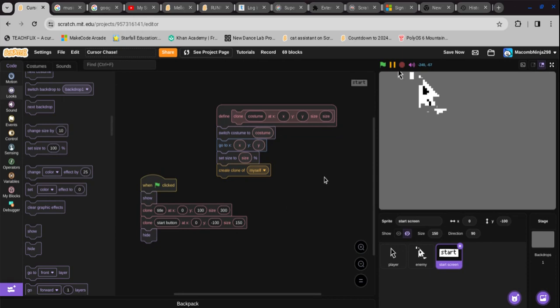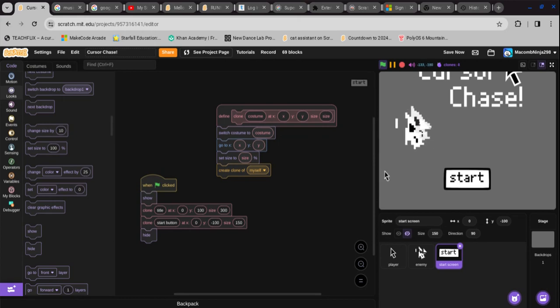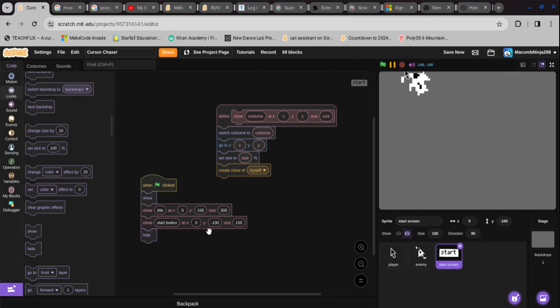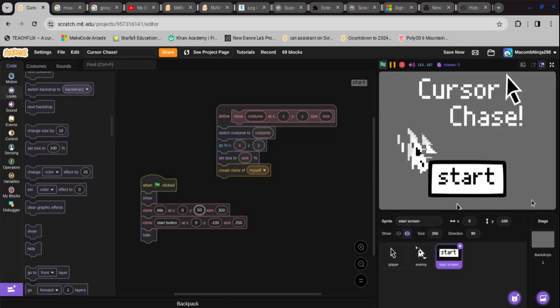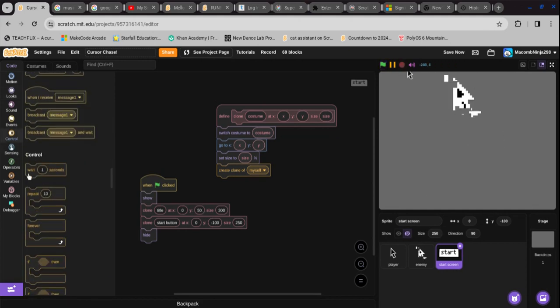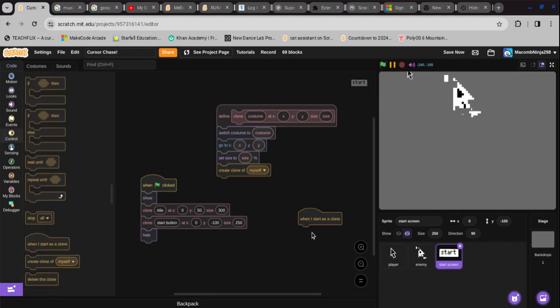Okay, now that we got that, so you can see that the cursor chase is just right there. The start button is okay, but not our title. So we can put it at the Y 50. Now we got our cursor chase. Now, when I start its clone block,